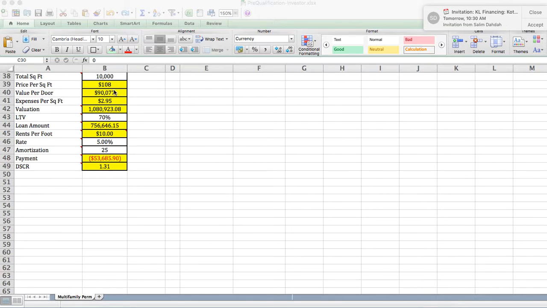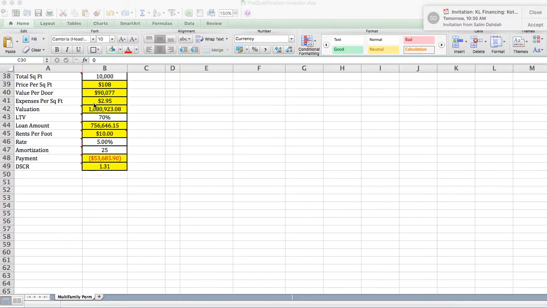What'll happen is this number, a price per square foot, tells you the valuation divided by the square footage to give you a price per foot, just as a frame of reference to see how that compares to other properties. The value per door,